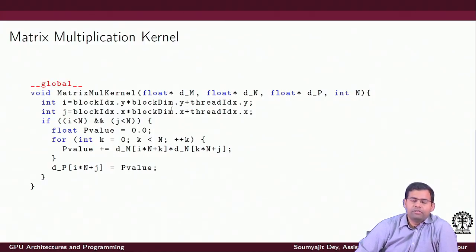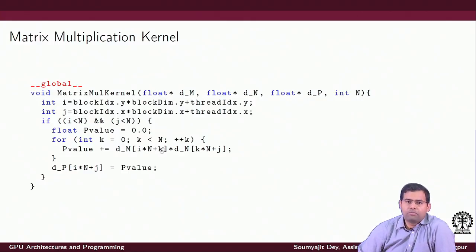So for example, the first thread should have a block ID 0 and thread ID 0 here, and in that way I can use those values to compute an I and a j. So this essentially is giving me the index for which I am going to do the computation. Now let's try to map this properly.